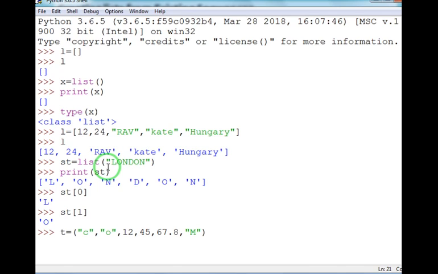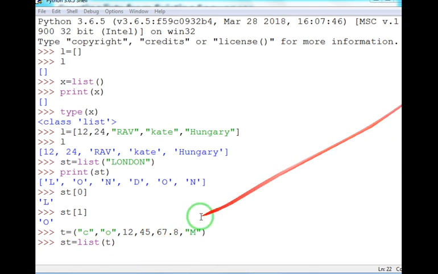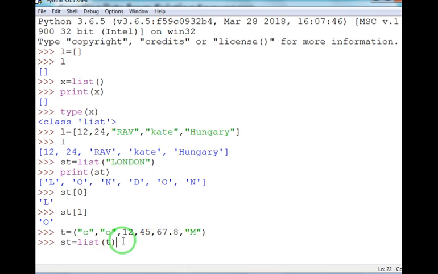Okay, let's suppose this is the tuple that I have created, and I want to create a list with the help of this tuple. The procedure is the same. I will be using the list function, and T is the tuple that I am going to use to create the list. So I will use T inside the small bracket, within the parenthesis. This small bracket is known as parenthesis.